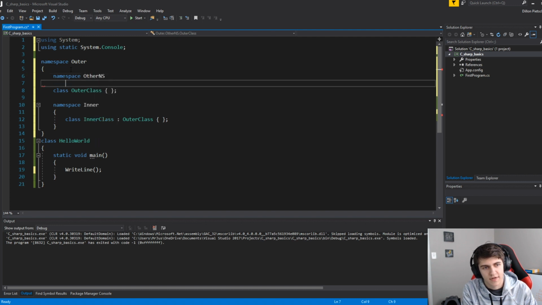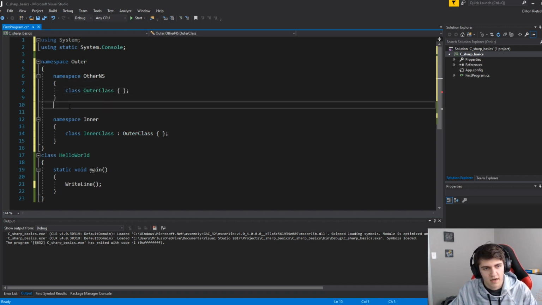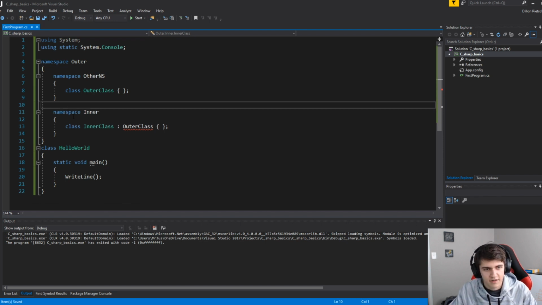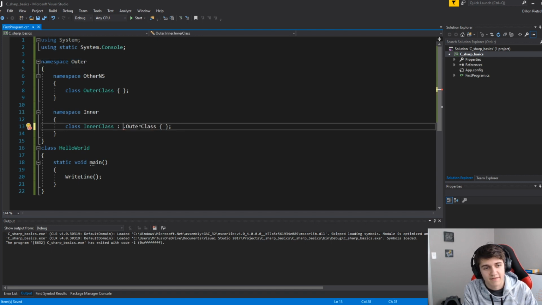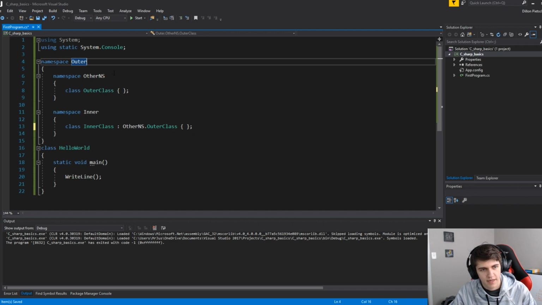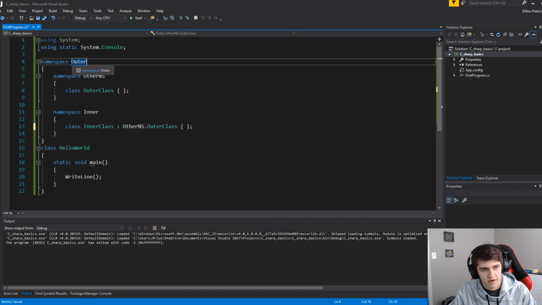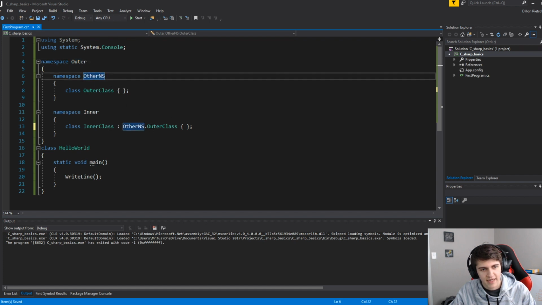other namespace, let's do that. So we're doing that, and then we're going to move this class into here. So now we're going to get an error because these are two different namespaces within this outer namespace. So what we have to do to get this working is to use this other namespace reference. So we don't have to go all the way out to outer, but since these guys are both in the same namespace holder of this outer name, we can just refer to this namespace directly and then get access to